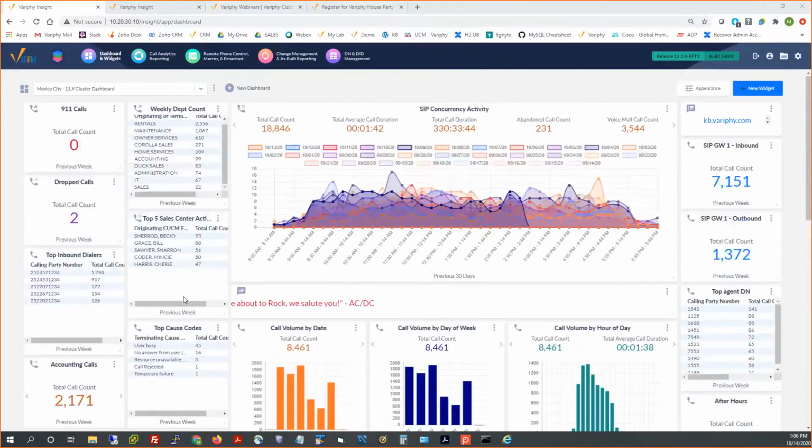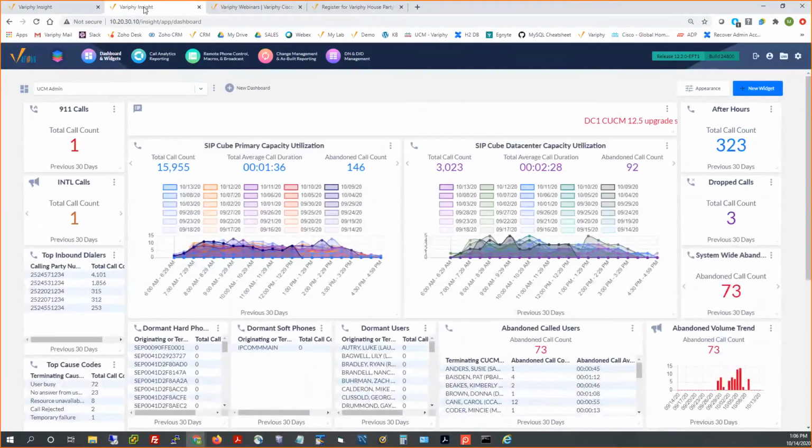So I do have a couple boards already pre-built, and we're going to dive deep into them. Some of these widgets that you see here currently will be on those boards as well, but we'll be digging into them a little deeper. So I'm going to pick on this one board that I have specifically for this webinar demonstration here, that if I was a UCM admin, I would probably like to have this dashboard myself, maybe running on a permalink on a television monitor in my office or in the environment, or even on a secondary monitor